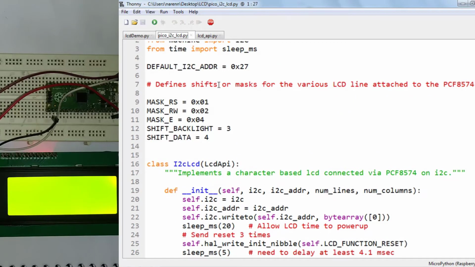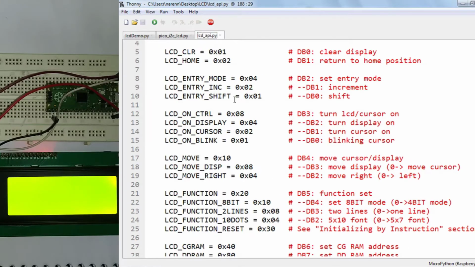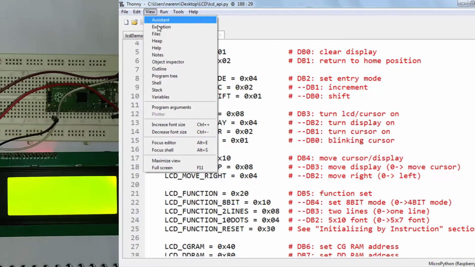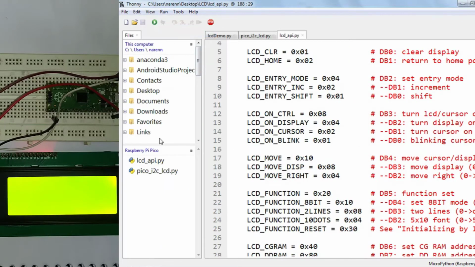This is the library, and the second one is lcd_api.py. So what you have to do is store these two libraries in the flash memory of the Raspberry Pi Pico. For that you have to go to View and select Files, and then in the flash memory of the Raspberry Pi Pico you have to store these two libraries. I will give the link in the description down below.